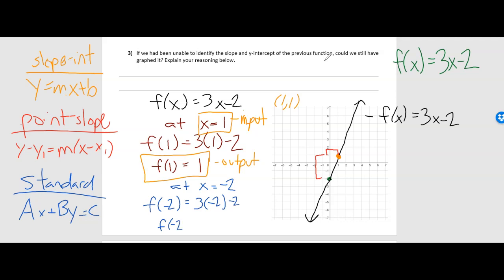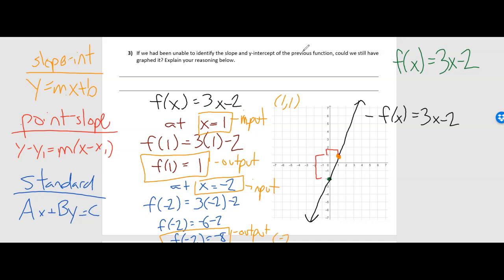I get f of negative 2 is equal to negative 6 minus 2. And I get f of negative 2 is equal to negative 8. So my input was negative 2. Remember, inputs are my x values. My output, my y value, is going to be negative 8. So my point